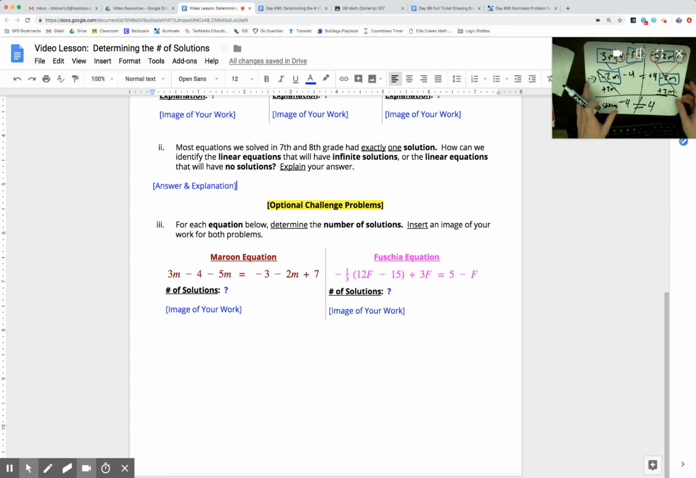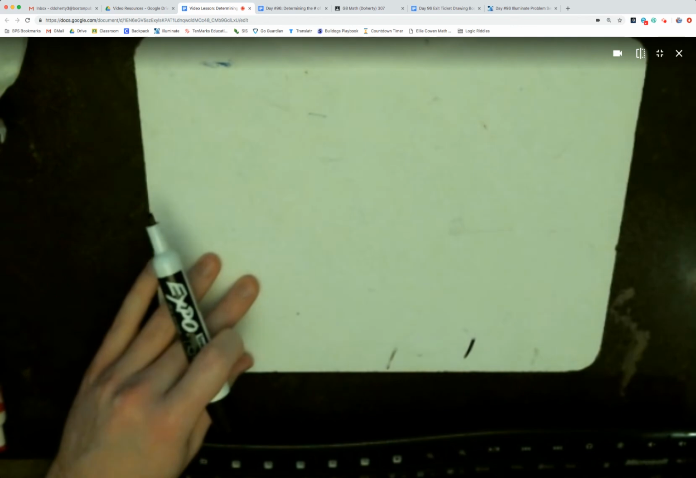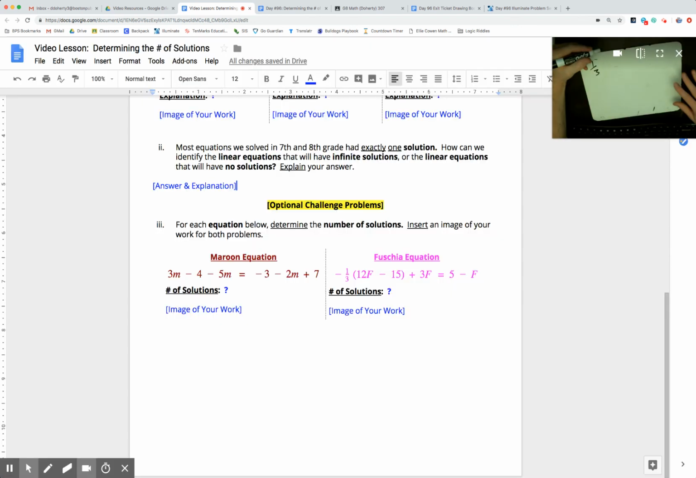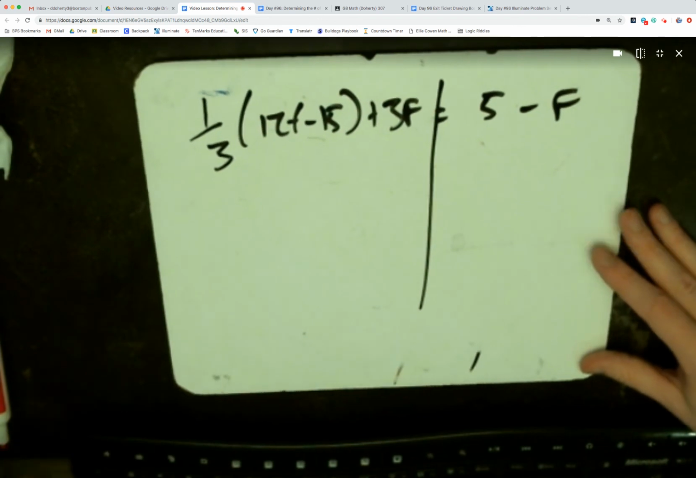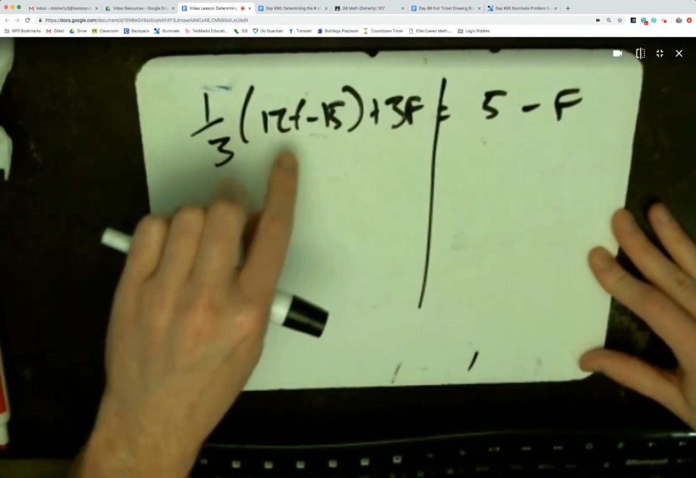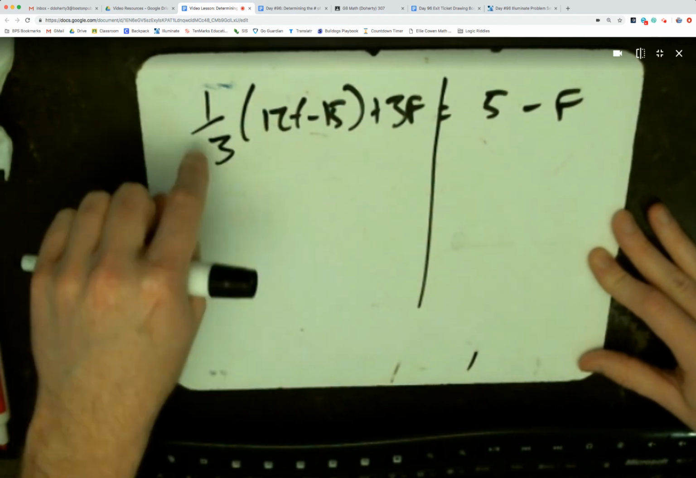Looks like I still have a little time left. I'll try to show you the fuchsia pink one. So again, if you paused the video and did that last challenge problem, you should be doing this on your own. But if you did it on your own, we have 1/3 times 12f minus 15 plus 3f equals 5 minus f. For that, you should see the first thing I need to do is distribute. 1/3 times 12f is just like doing 12 times 1 divided by 3. Timesing by 1 does nothing. So really, I know 1/3 times